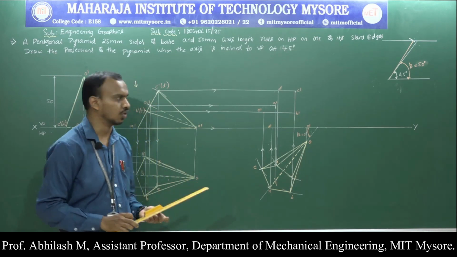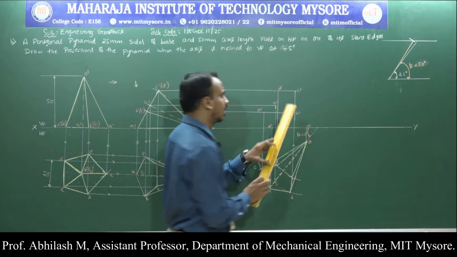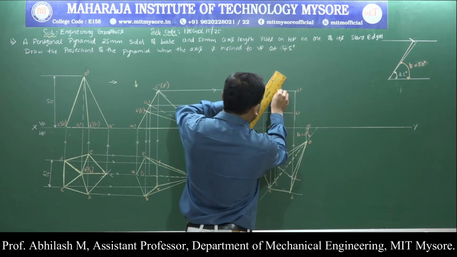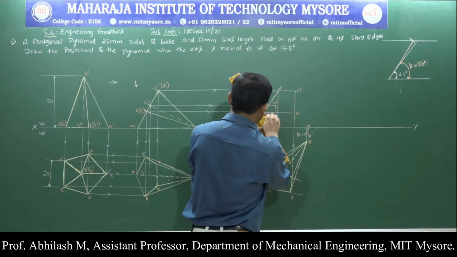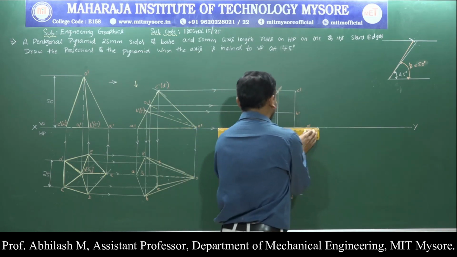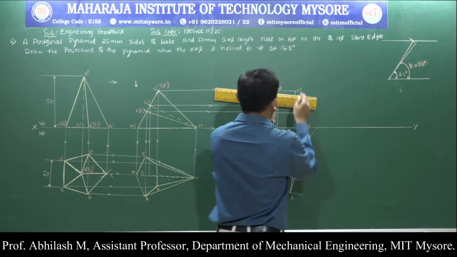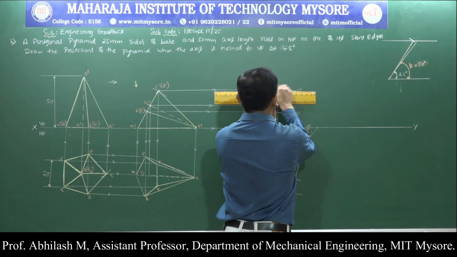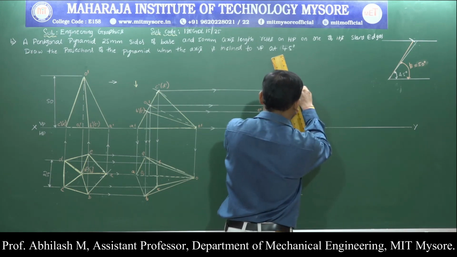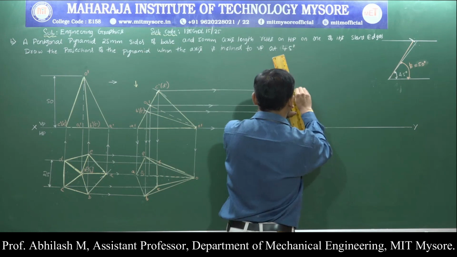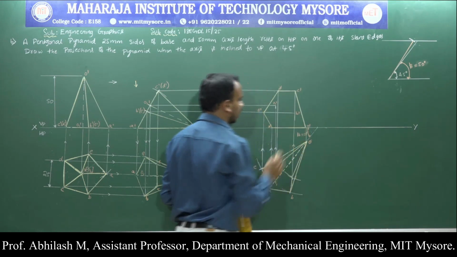What is the first condition that we know? All the outer boundary edges are clearly visible. Faces or the edges are completely visible. So let us do that. From D dash to E dash and E dash to A dash is my boundary. Similarly from A dash to O dash, and here it is from D dash to C dash and from C dash to O dash. So the outer boundary edges are clearly visible. The first condition is satisfied.